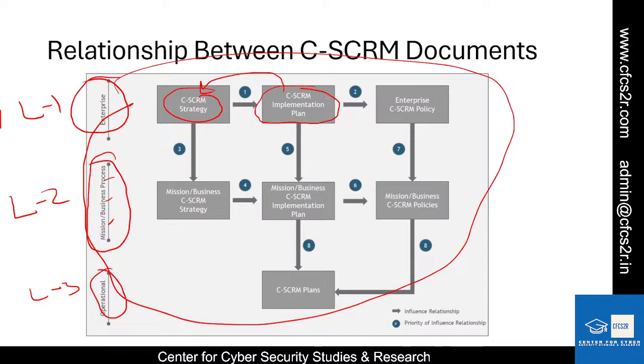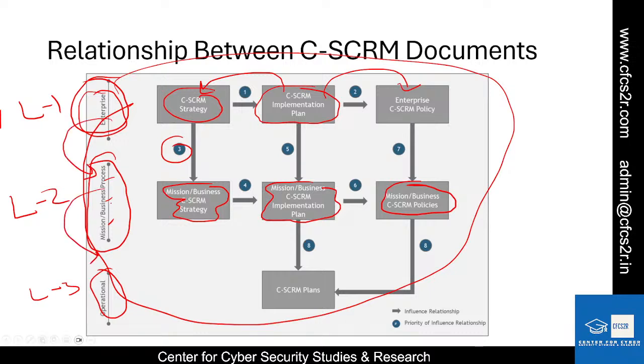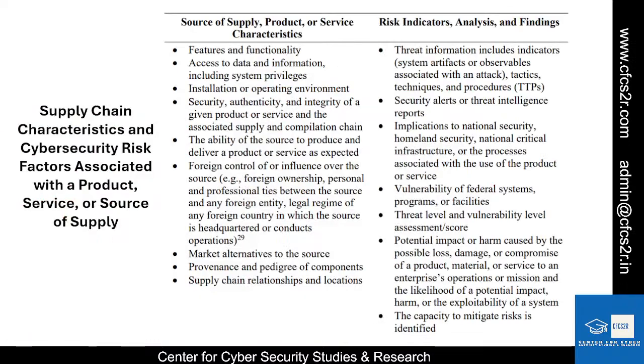Then for the particular organization, what is the particular policy? The policy is being rolled out for the particular mission business processes. So basically at step three, the mission business C-SCRM strategy is incorporated, which in turn results in the plan, and in turn results in the policies. So basically the hierarchical model is derived so that the enterprise is pushing policies to level 2, and level 2 is pushing policies to level 3. So in this way, the entire